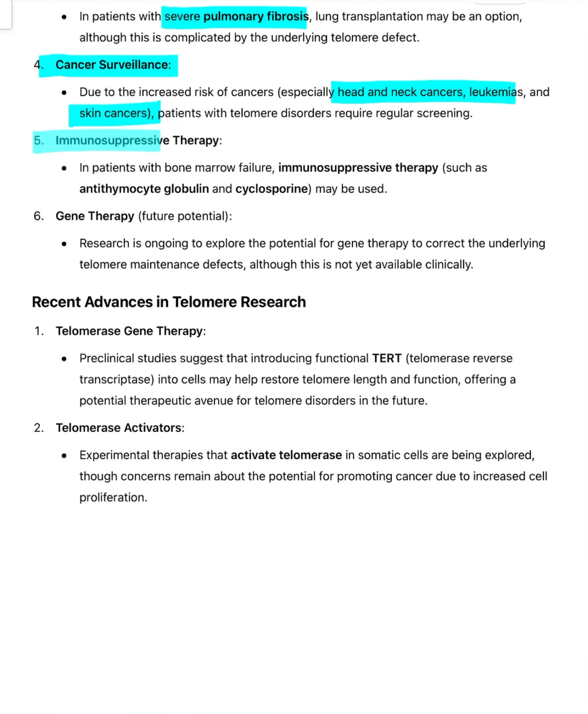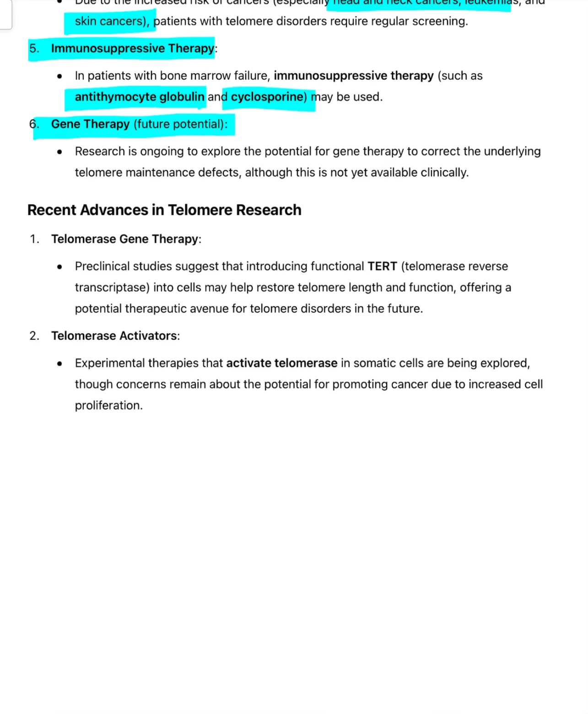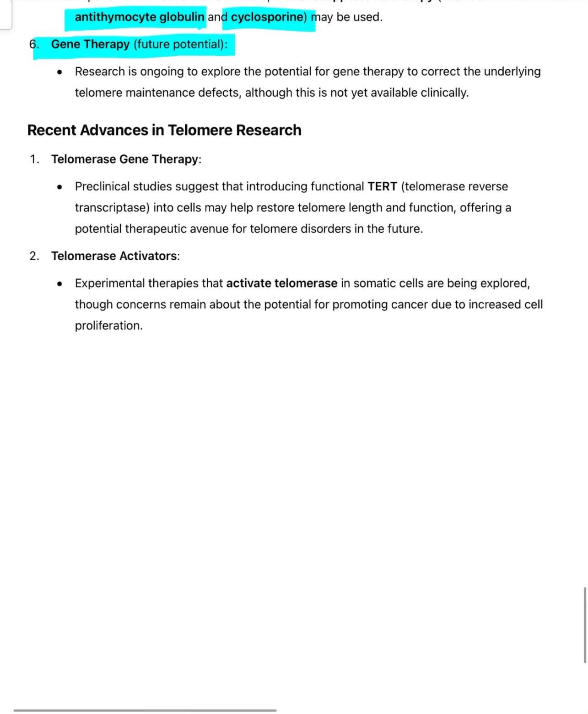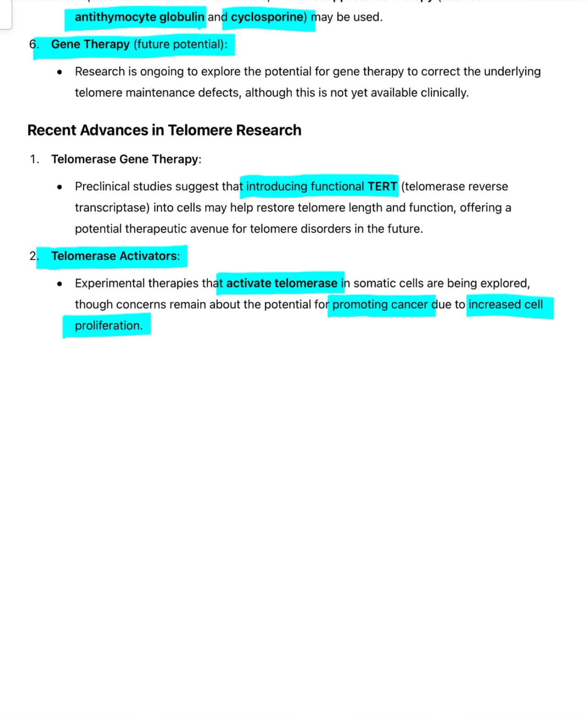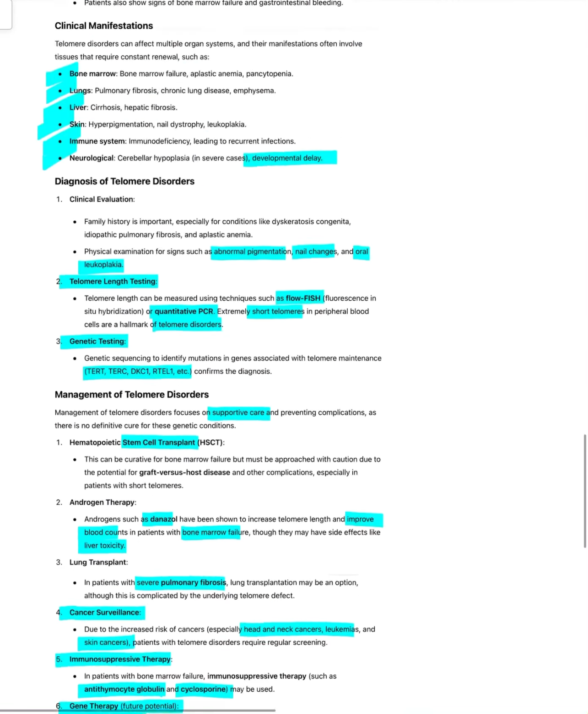Next, immunosuppressive therapy can be tried, like anti-thymocyte globulin, cyclosporine, etc. Gene therapy trials are currently ongoing, like augmentation gene therapy, introducing the functional TERT gene. Other than that, telomerase activators. Experimental therapies that activate the telomerase in somatic cells are still being explored. But the concern is that it can promote cancer due to increased cell proliferation. As I said, telomerase will increase the telomere length and can lead to cancer. So this was the